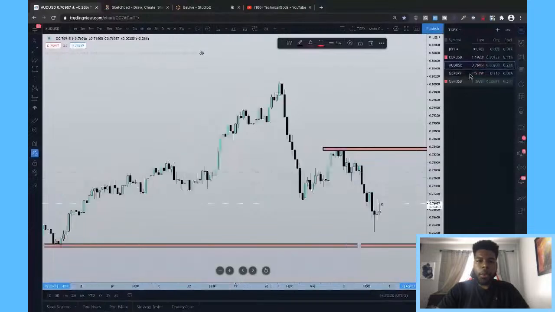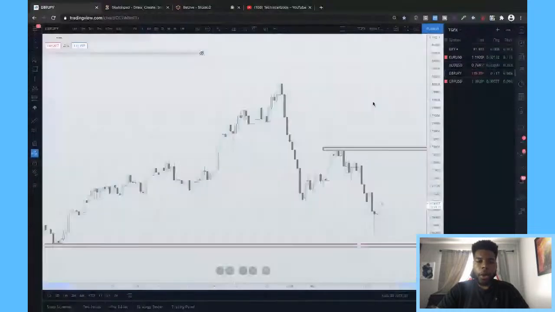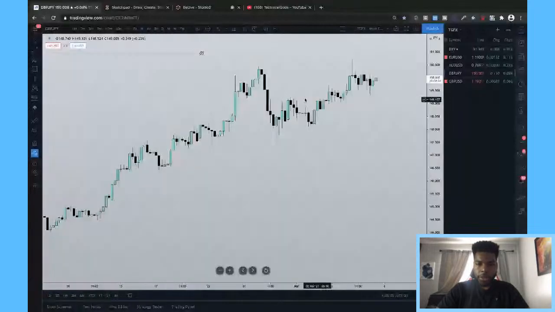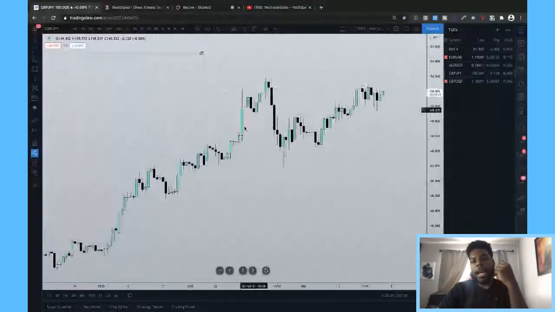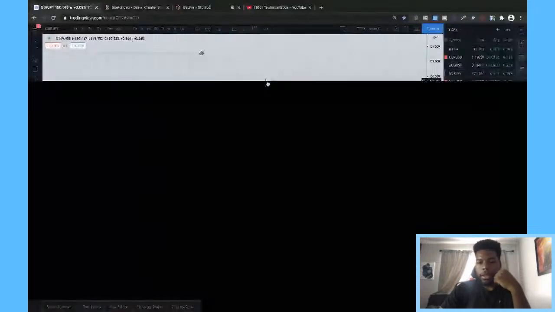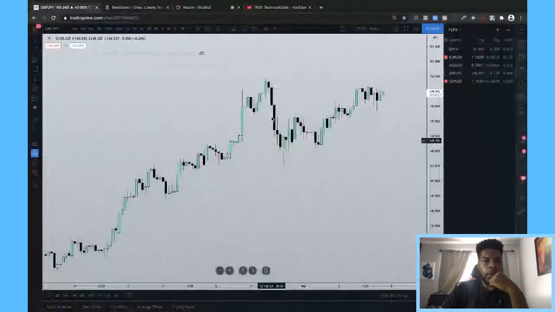Now, if I'm trading the trend, I'm taking buys this whole time, right? And holding them because I think it's going to go up. But what happens when moves like this happen? Why can't we catch these moves? You know what I mean? That's what I don't understand about people who only trade the trend, is that they're not paying attention to all the details in the market. So for example,